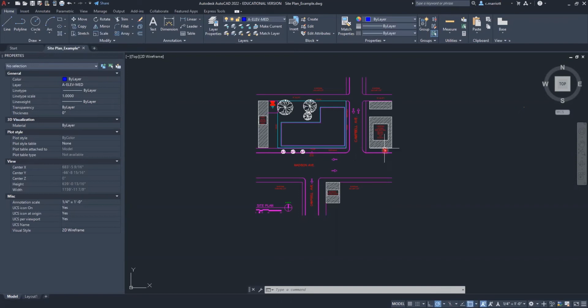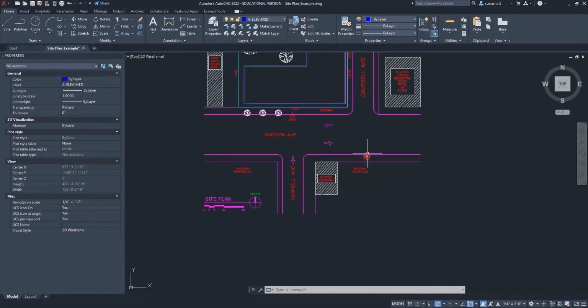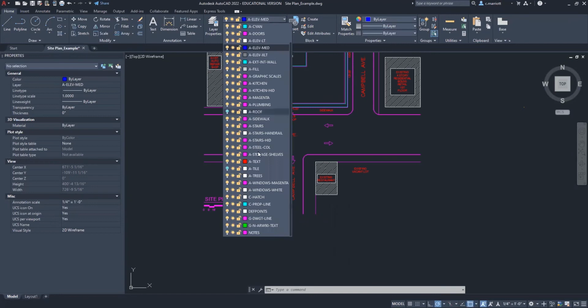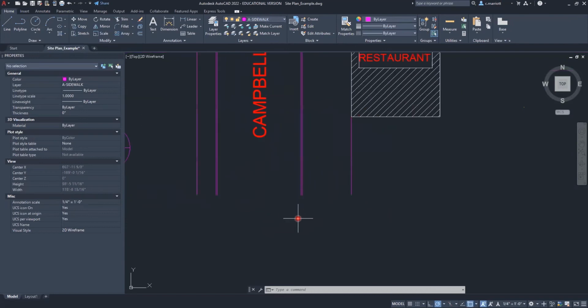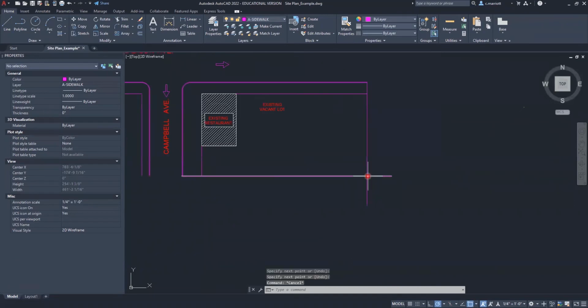Okay, so what I would suggest you do, in addition to creating distinct layers so you can turn them on and off when you bring them into Rhino, is to complete some of these forms that will be extruded into three-dimensional shapes. So I'm going to set my current layer to the one that I've got in here called sidewalks. A sidewalk, and I am going to complete these shapes. So this is basically the area defined by the curb. So I'm going to fillet this,